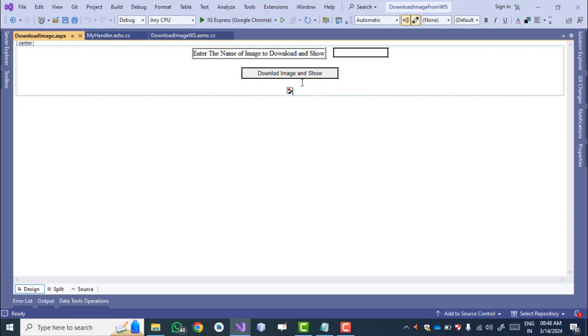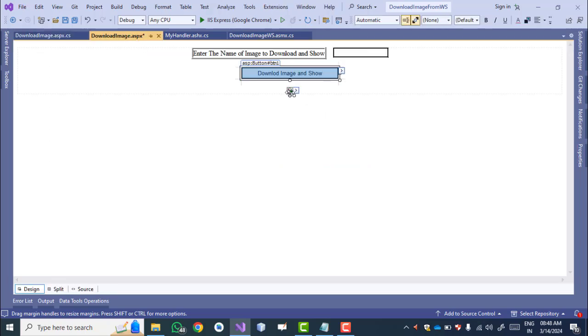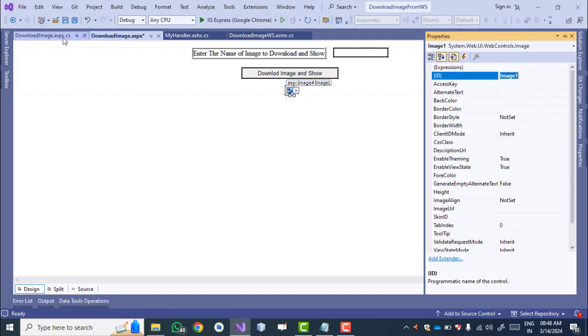Now we write a code on button download image and show. Just double click on this button, it will open the .cs file. Here we display the image from the server. So the ID of my image is image1.